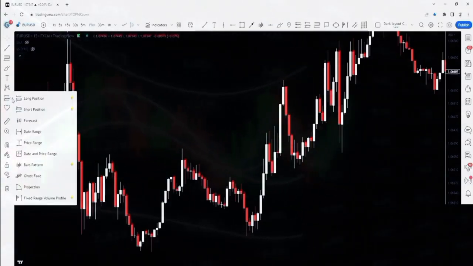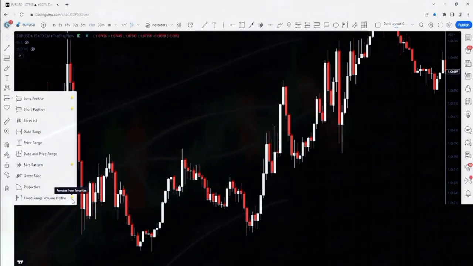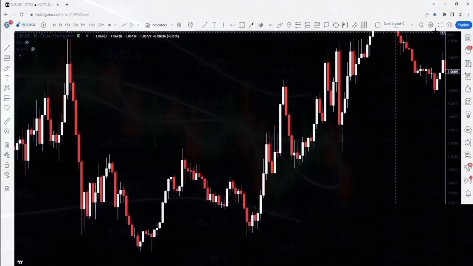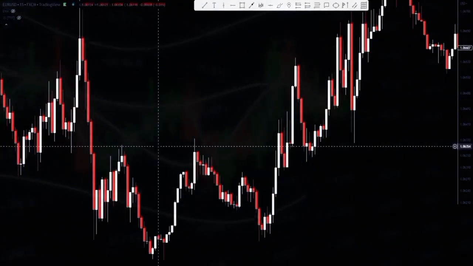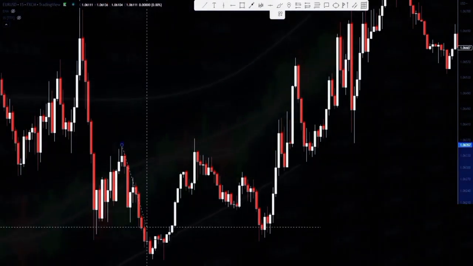You can go ahead and find this tool exactly right here, and you can add it to your favorites as well. That way you're going to have it on your toolbar right here as a favorite tool. In order to show you the accuracy of this tool, I'm going to be using the strategy waiting for